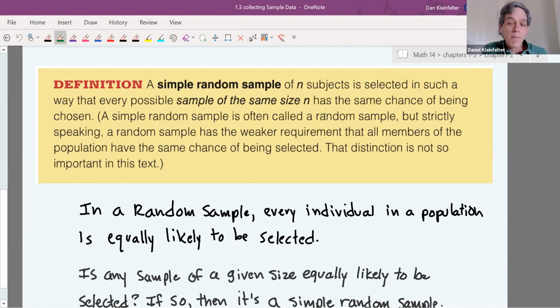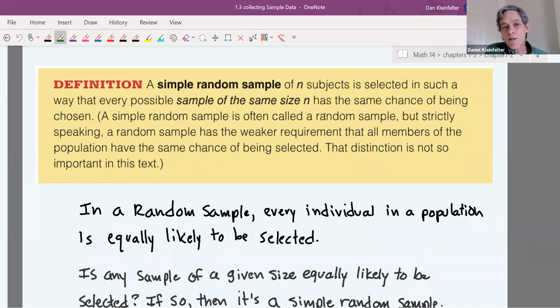So pick a particular value of n, like 20. If any sample of size 20 is equally likely to be chosen, then it is a simple random sample. And if not, it isn't. To give a concrete example,